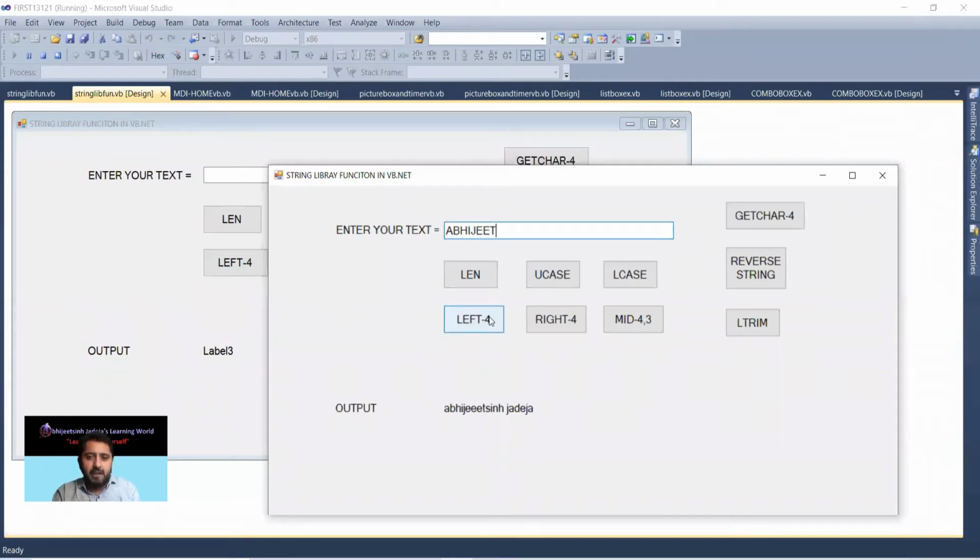In Abhijit, when I click on that, ABHI comes. Right 4: Jit will come, because the last 4 characters of Abhijit give Jit as output. Now Mid 4,3. Please remember A, B, H, I. I is the 4th index, and from there I want 3 characters. I, J, E will come out.